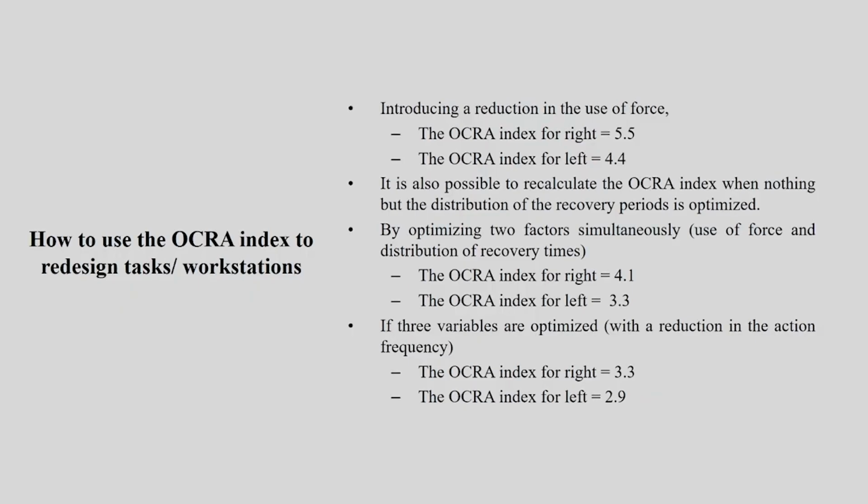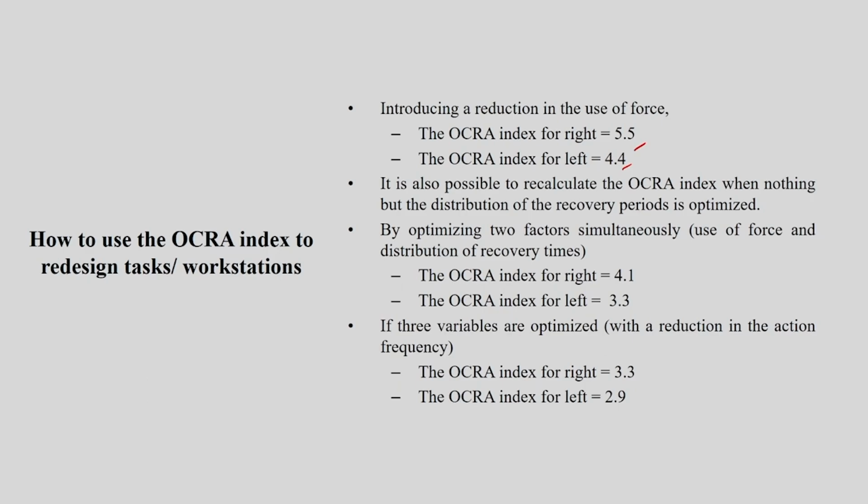Introducing a reduction in the use of force, the OCRA index for right was 5.5 and the OCRA index for left was 4.4. It is also possible to recalculate the OCRA index when nothing but the distribution of recovery time,